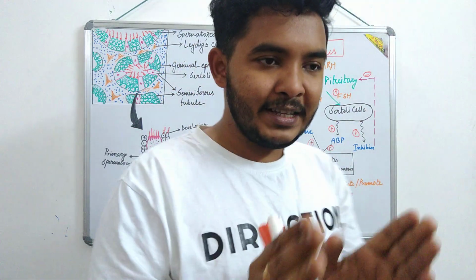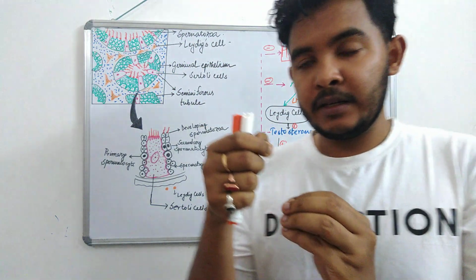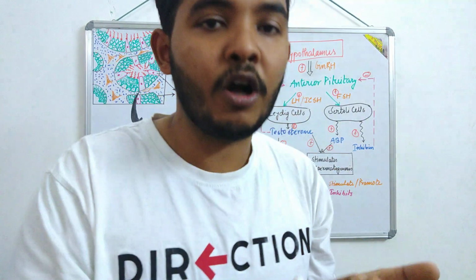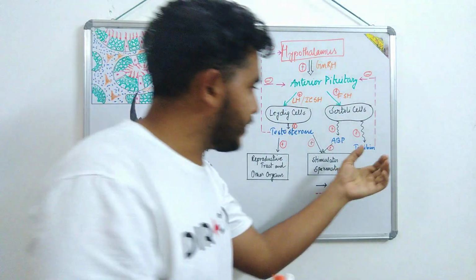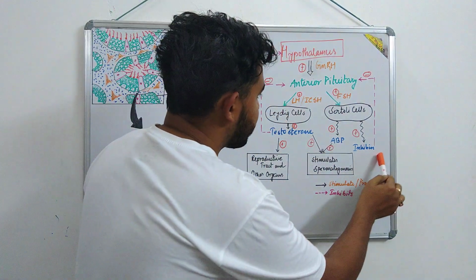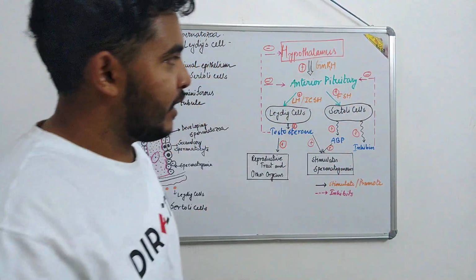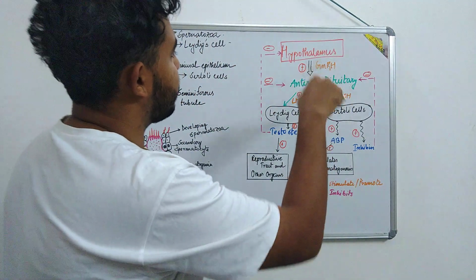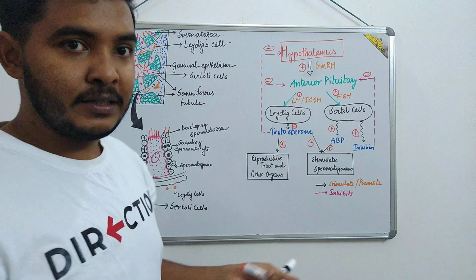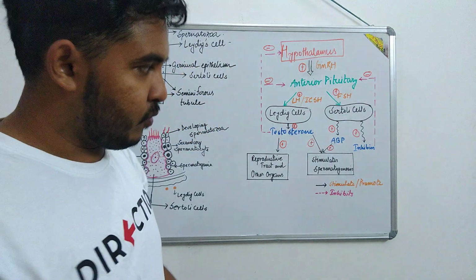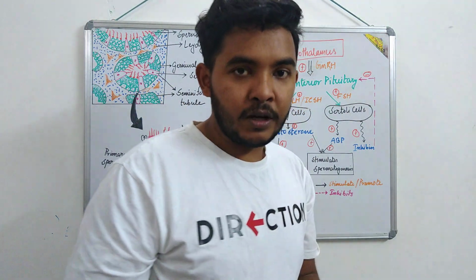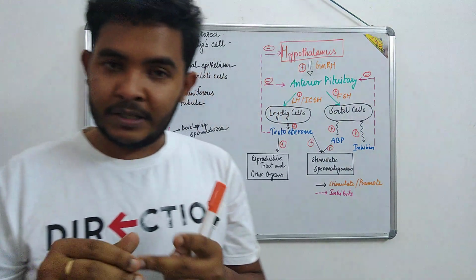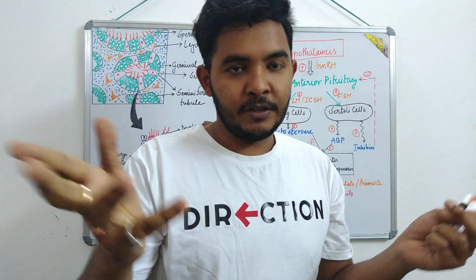Inhibin. So what does that term bring to your mind? Inhibin means it inhibits something, it blocks something. So as the name suggests, inhibin gives a negative sense. Look here, I have given so many plus and minus signs. What is this about? As we are going through this hormonal regulation, there are two terms you have to keep in mind. One is positive feedback and one is negative feedback.